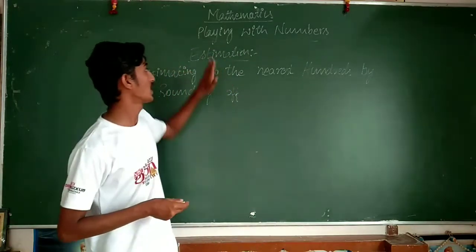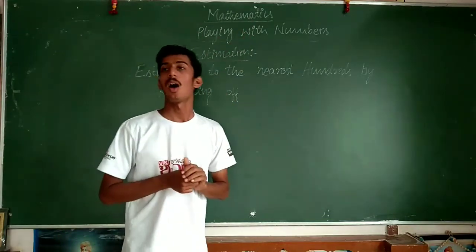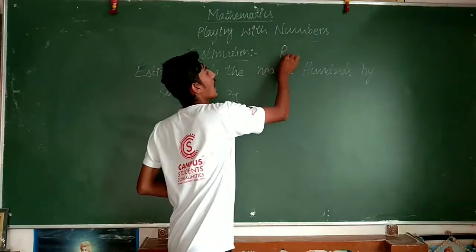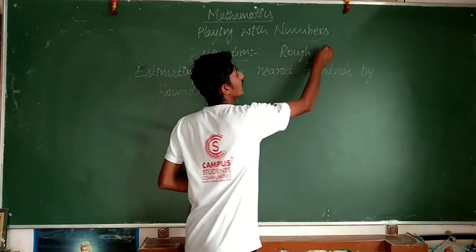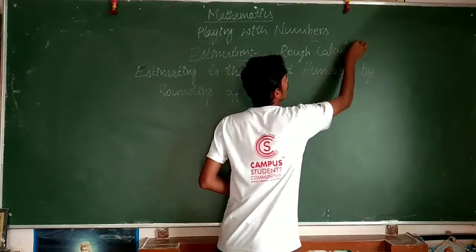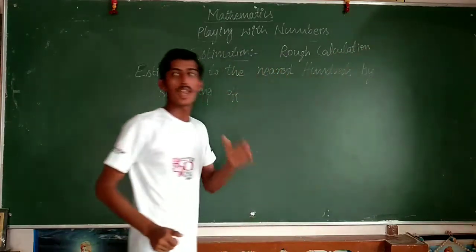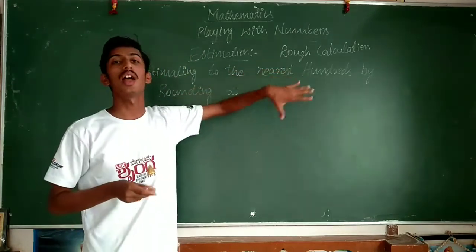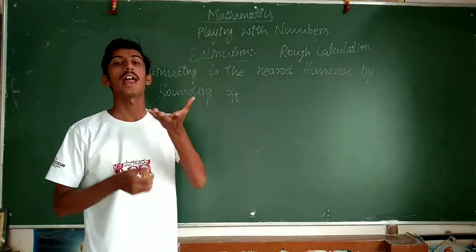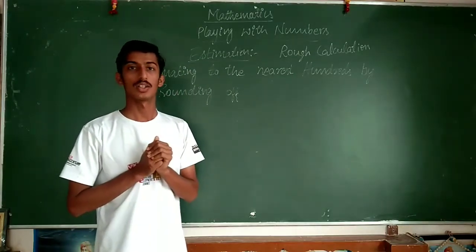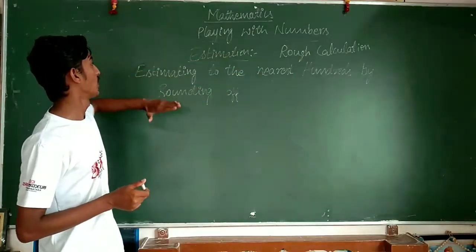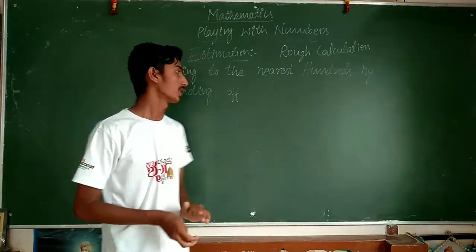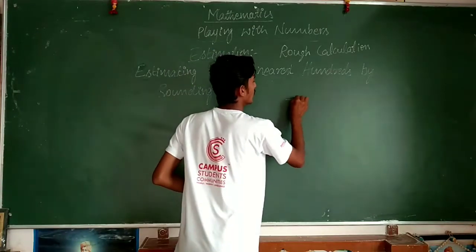In the previous class we discussed estimation and approximation. What is estimation? Estimation is a rough calculation. Approximation means it is near the value of an object or a quantity or a thing. Understand? In the previous class we discussed estimating to the nearest tens, for example,